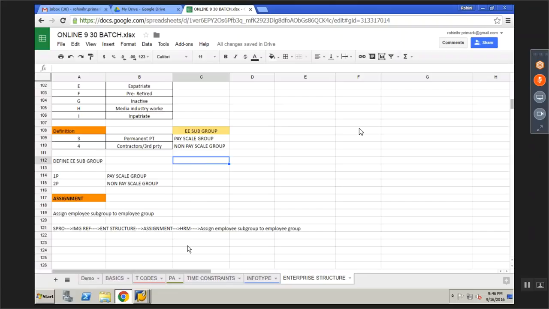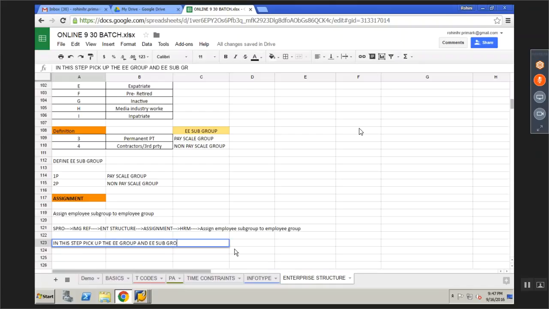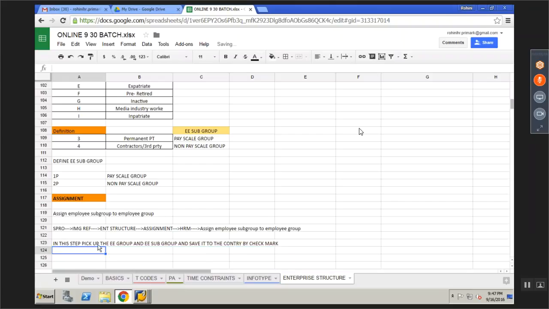Okay, so this is called creation of enterprise structure. So in this step, pick up the employee group and employee subgroup and save it to the country by check mark.